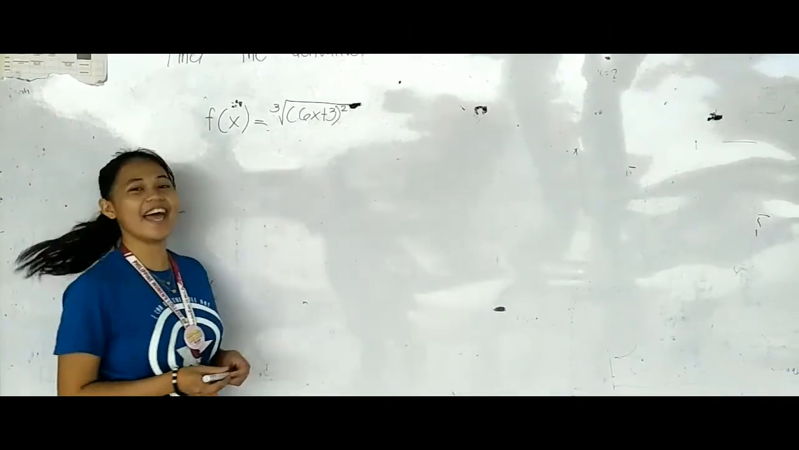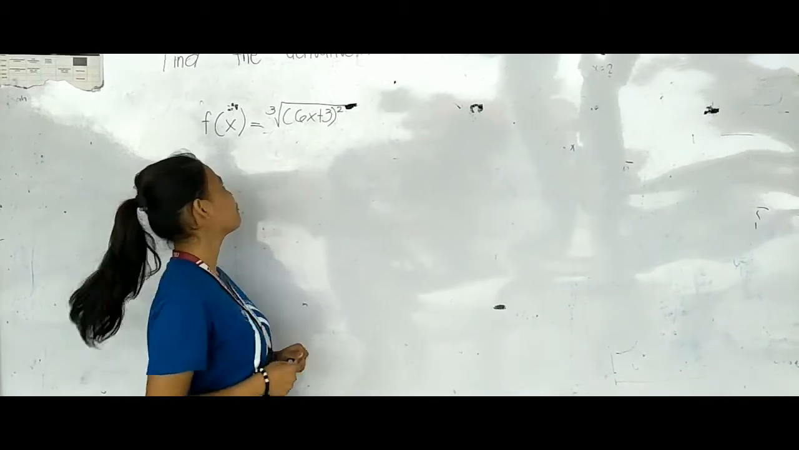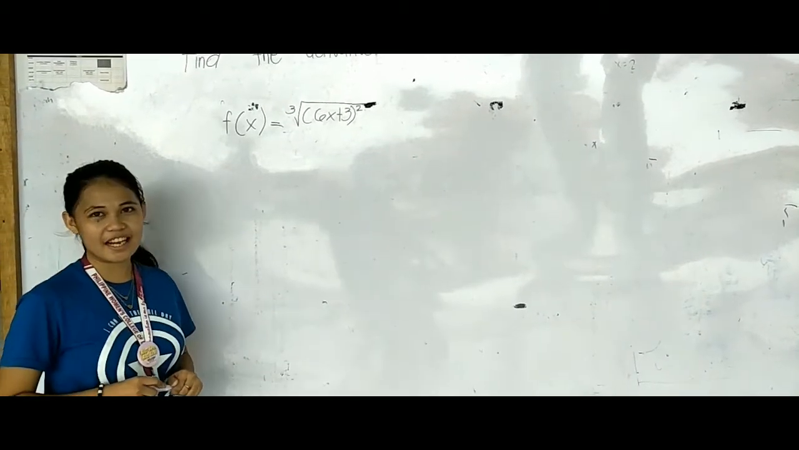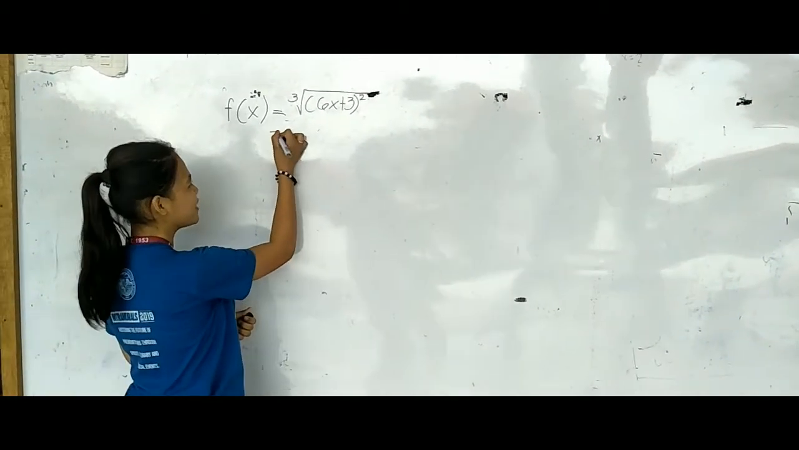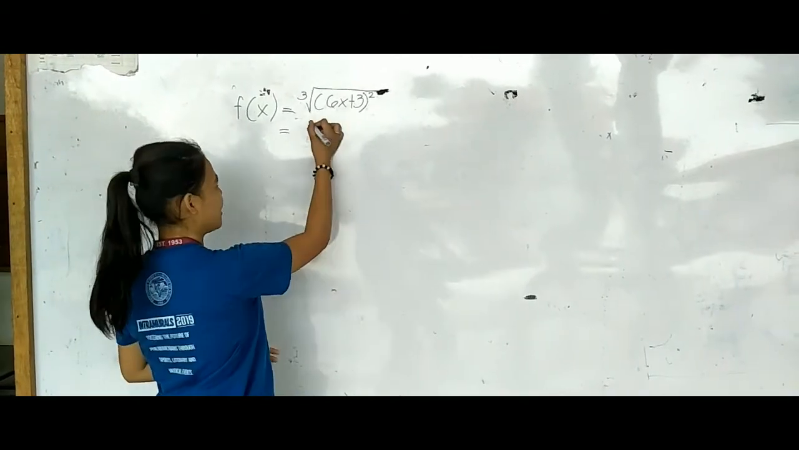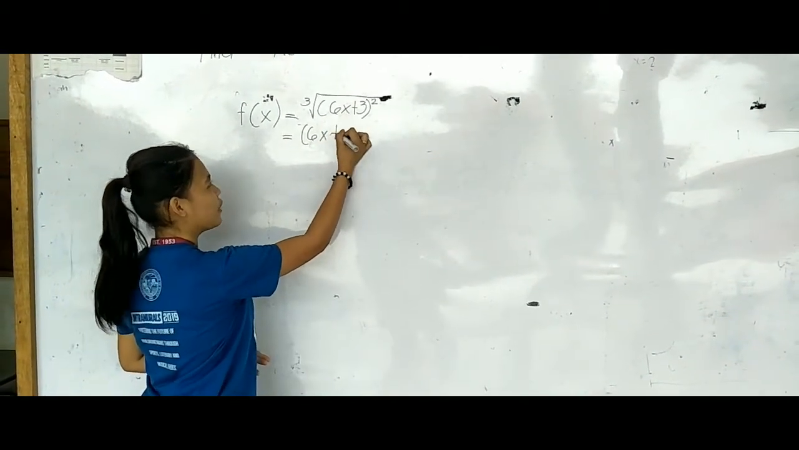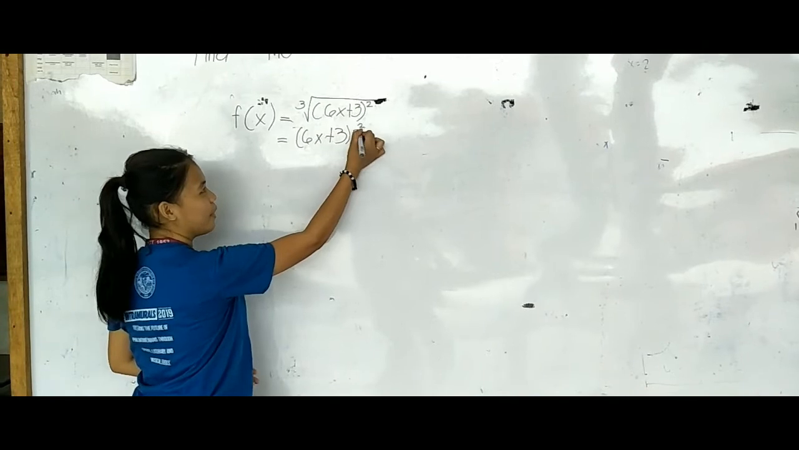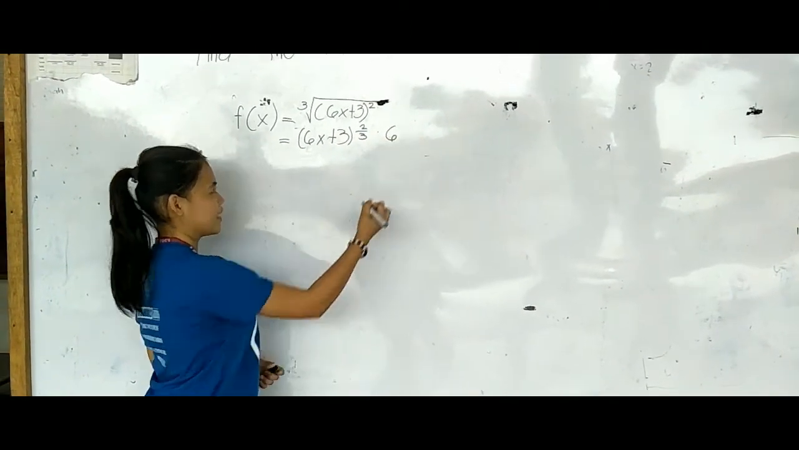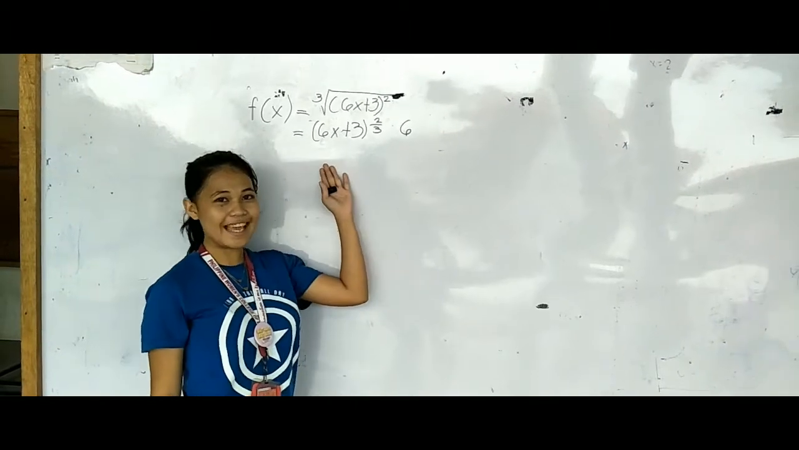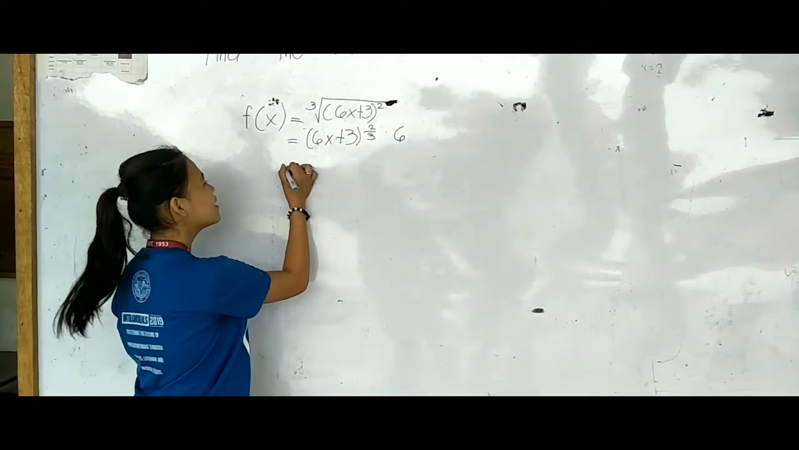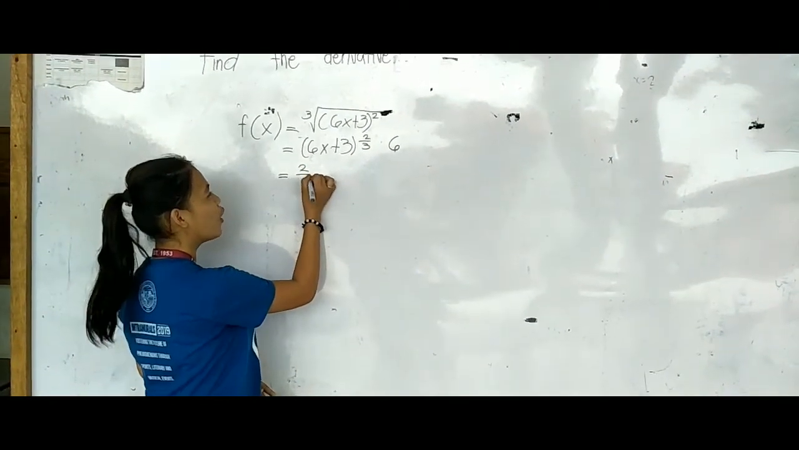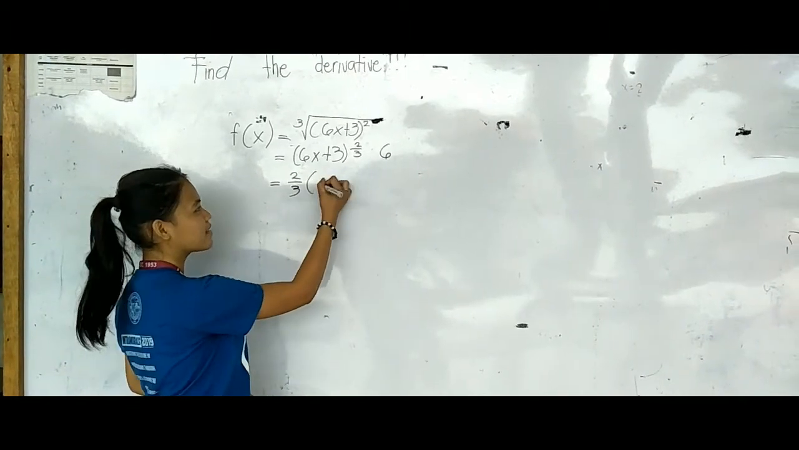And this is the last example. Finding the derivative. F of x is equals to 3 square root of 6x plus 3 to the power of 2. So first step, we need to copy 6x plus 3. The derivative of 6x plus 3 is equals to 6. Next is we need to put 2 over 3 side by side. So 2 over 3 copy 6x plus